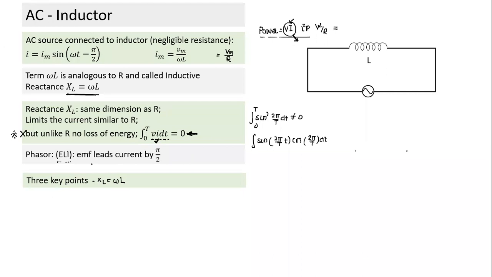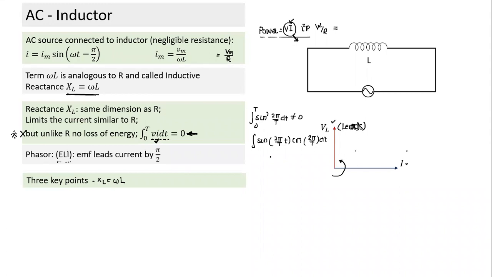And how do we draw the phasor? The third point we understand in terms of phasor. If I draw a phasor for current, what does lead mean? See, which direction is the phasor rotating? The phasor is rotating in this fashion. So which of the two is leading? Both are moving in a circular path, so this one is ahead of the I phasor. This one leads, and there are two ways of stating this: voltage leads current by 90 degrees, or current lags voltage by 90 degrees. Just one more way of saying the same thing.